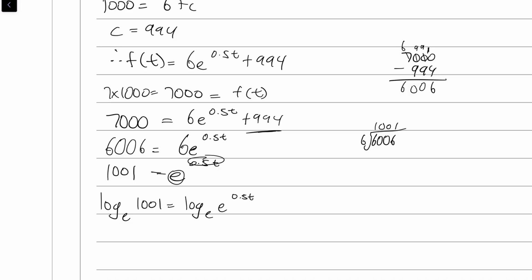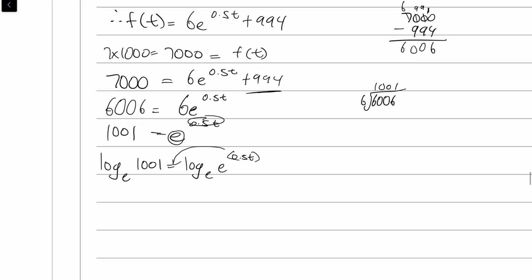And now I can use my index laws, so they're really important. I've mentioned a couple of times index laws, make sure you revise that, to bring that power down once I've logged it, okay? And I know that log base e is just ln, so I know, and again, my form is ln, so I know I'm on the right track, okay? So ln of 1001 is equal to